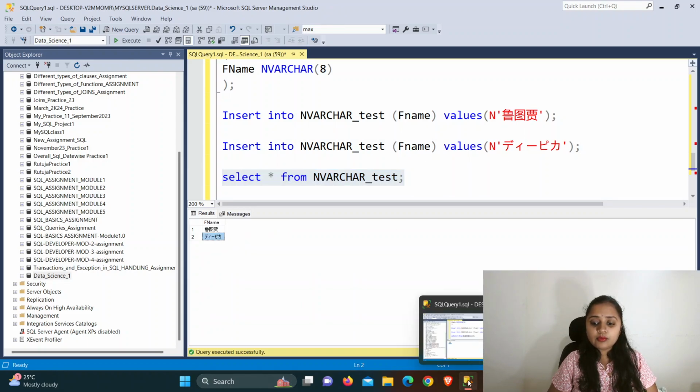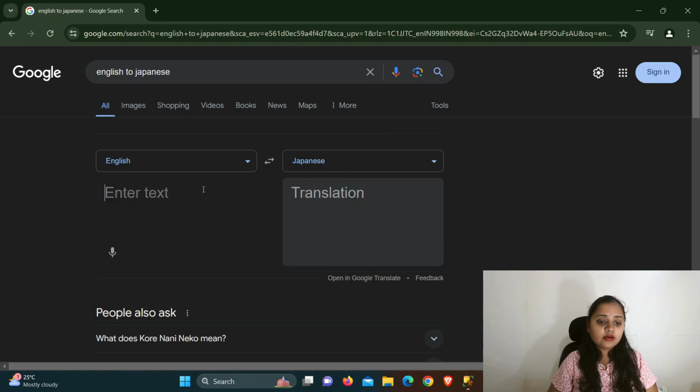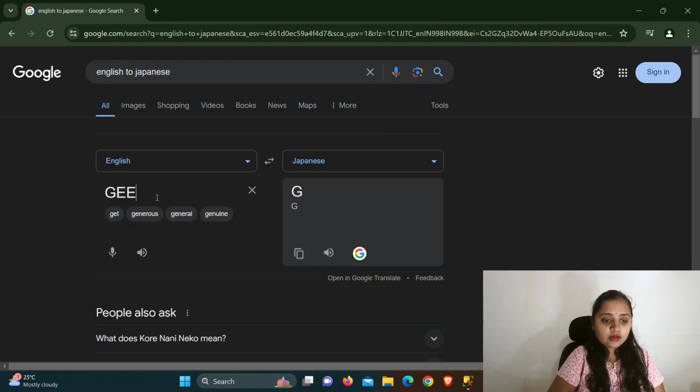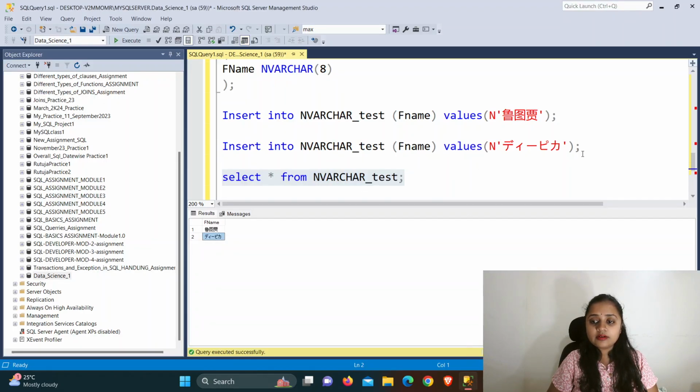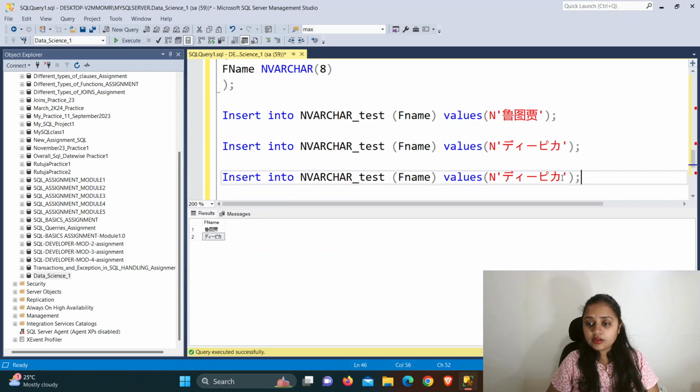Now we will try one more name with more than 8 letters, and see whether it gives an error or not. I want to see that. Okay, Gitanjali. This is a name with more than 8 letters: 1, 2, 3, 4, 5, 6, 7, 8, 9, 10. So this name has 10 letters. Control C. Let's see whether you will be able to insert it or not. Control C, and then, okay, now give the name of that table, which we have, this one.